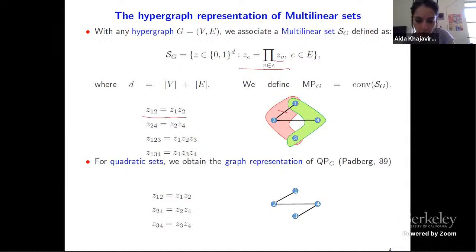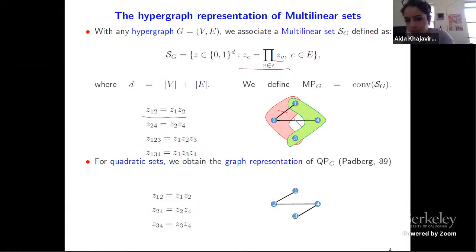Then Z2, 4, Z2 times Z4, I put this other edge. For the trilinear, I have this hyperedge, 1, 2, 3. And for the other trilinear, I have this other hyperedge. Okay. And for those of you who, for example, have looked into max cut or binary quadratic programming, you've seen